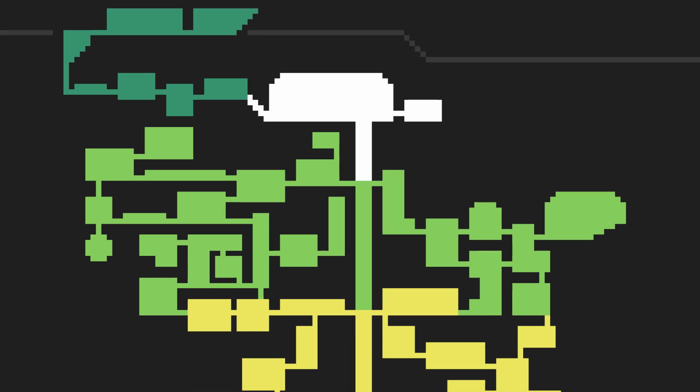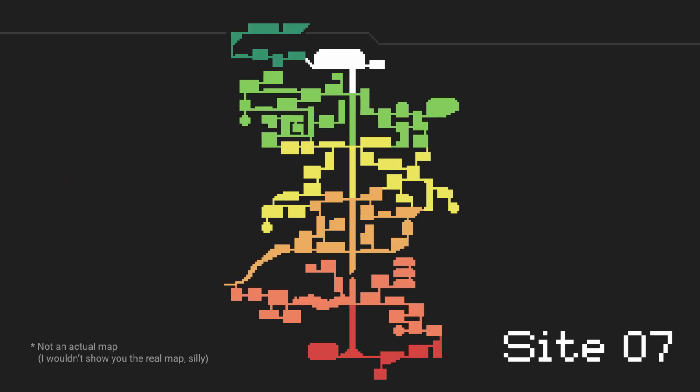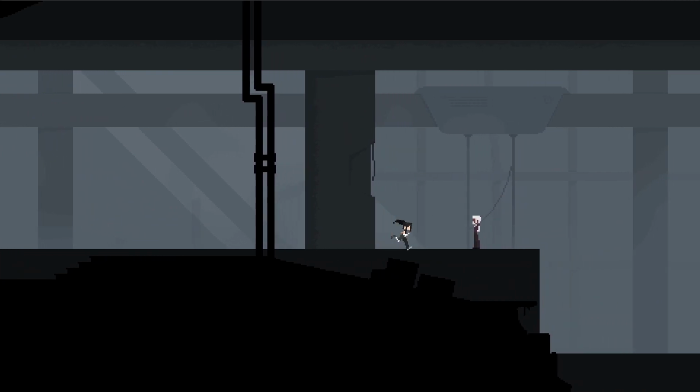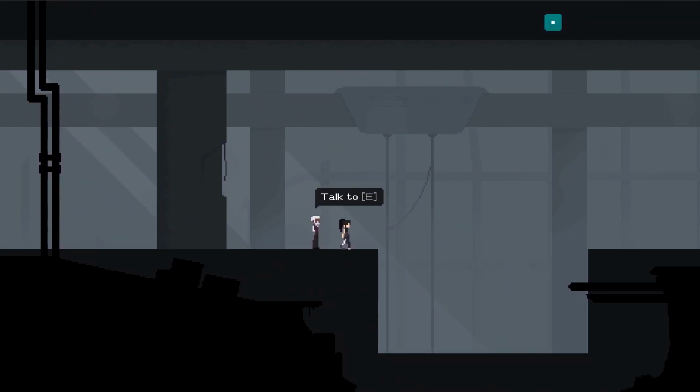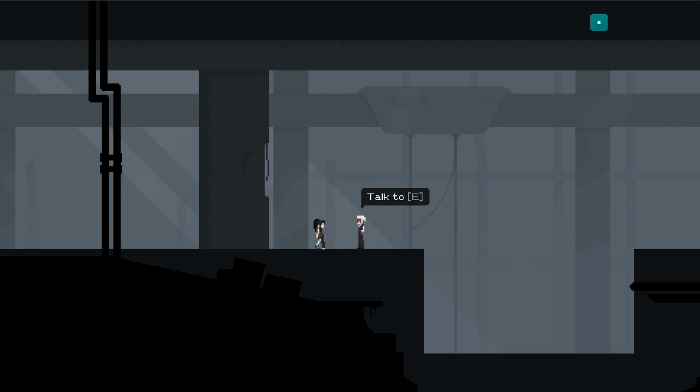This is the semi-open world of Astortion. The player will traverse a labyrinth of interconnected chambers, making up Site 07, which is the research facility where the game takes place. From the technical point of view, each of these chambers will be represented by a separate scene. And today we're gonna focus on how to connect these chambers together in a typical, for me, overcomplicated fashion.